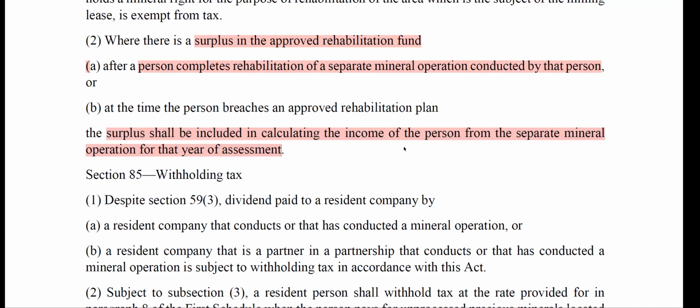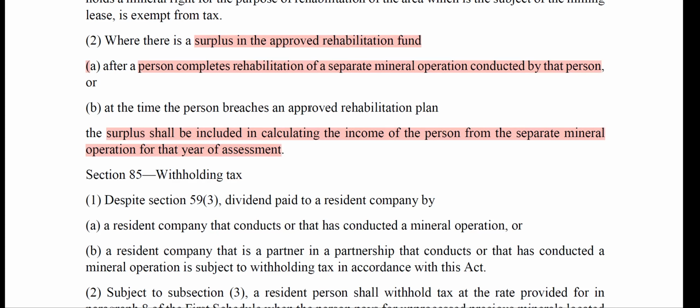So the decommissioning fund or rehabilitation fund here is actually exempt, whether you set it up and then you are withdrawing from it or contributing to it. But let's say you set up 60,000, and what you end up having in it is 80,000, that surplus is taxable. Also, if you breach an approved rehabilitation plan, let's say that in the plan you are not supposed to withdraw from it, and then you withdrew from it before the time, you have breached the plan. In that case, any money inside becomes taxable. Does it make sense to everyone?